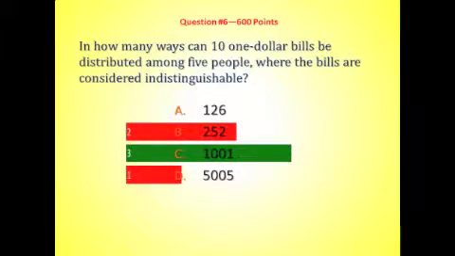Ooh, very good. And so, who got 1,001? Cynthia, you got it. You want to tell us how you got it, Cynthia? Erica, too, nice going. So basically, this is a case where the boxes in which we're putting the dollar bills are distinguishable and the bills themselves are not. So basically, there's a method called stars and bars